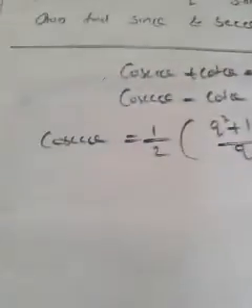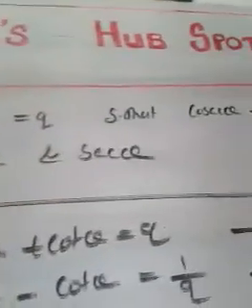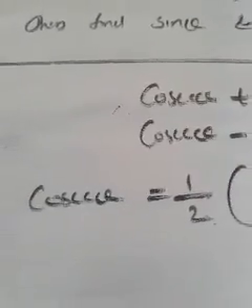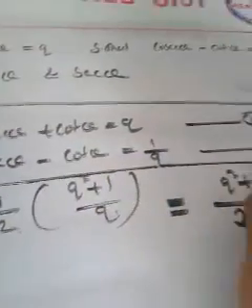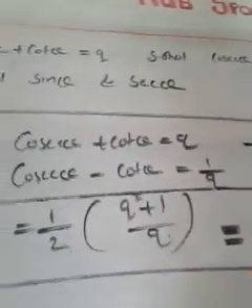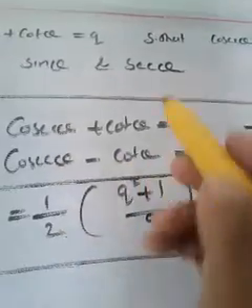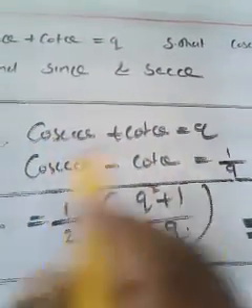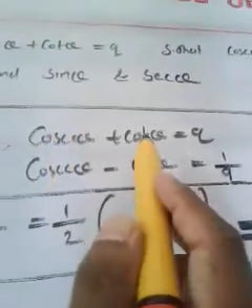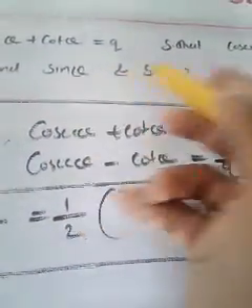Let it be there. As I told you, we need sin and sec, but we reached cosec anyway. We got the value of cosec. Let us try to find out the value for cot also. I told you, when you solve these two equations, you will get the value of cosec and cot. From those values, we can easily reach sin and sec.